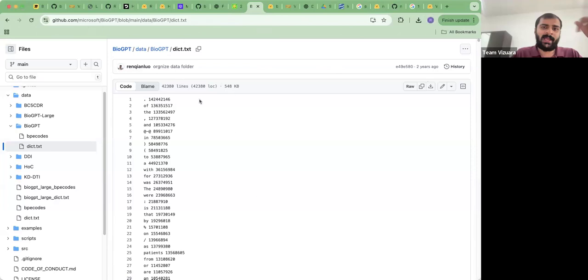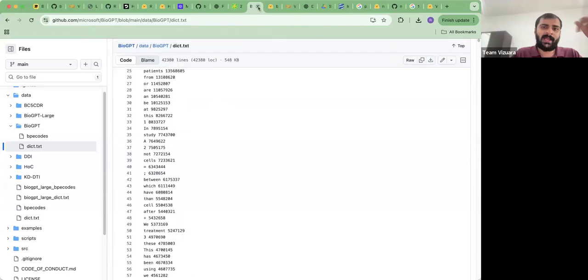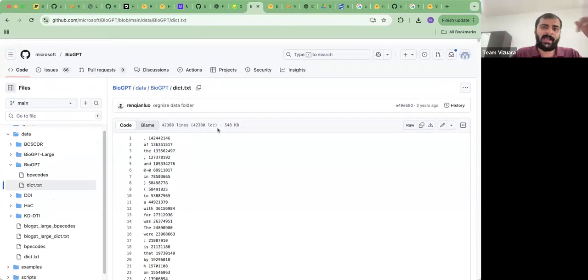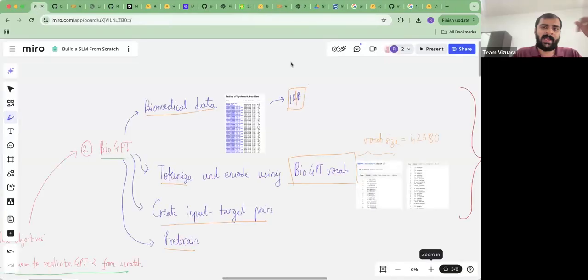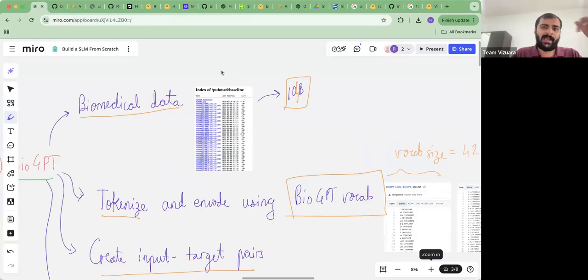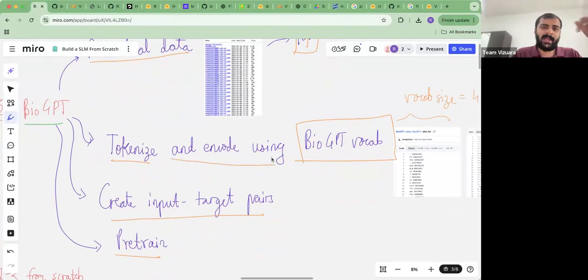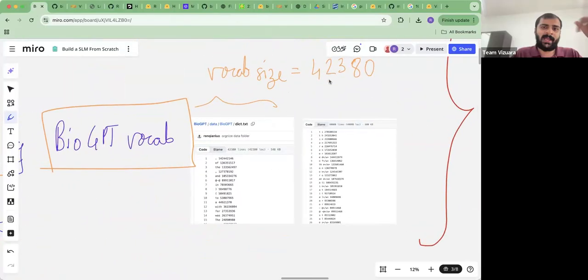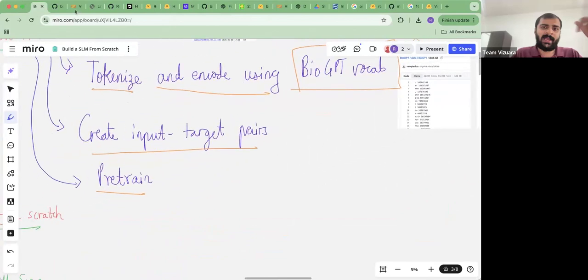But basically what we are going to do here is use their vocabulary and their merging rules. So to recap what we are doing, we are going to collect 10 gigabytes worth of data from this PubMed domain. Then we are going to tokenize this data set using their vocabulary size and their byte pair encoding rules. And then we are going to follow exactly the same